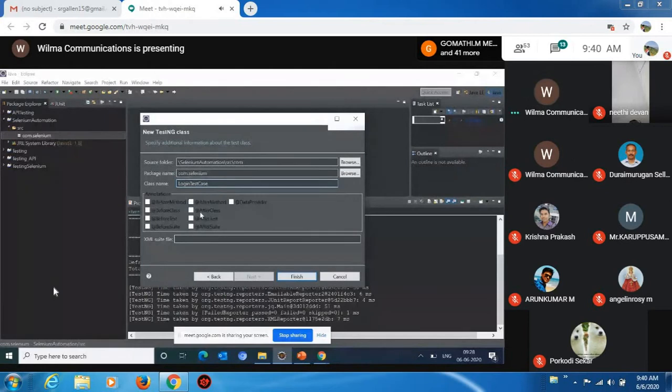Whatever code you write in before class and after class will be executed only once, before your actual test cases in the login class are executed, and after executing this login class, this will be executed. An example I can consider is connecting to the database and disconnecting from the database. Connecting to the database needs to be done only once, and disconnecting from the database needs to be done only once at the end of the testing life cycle.